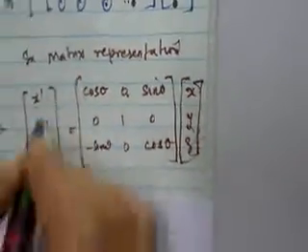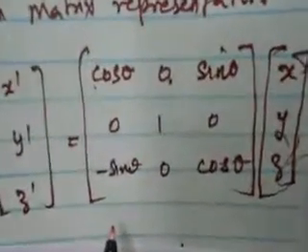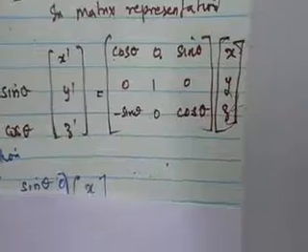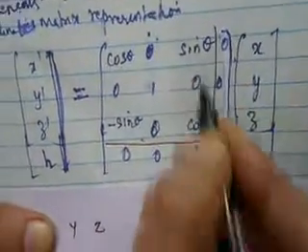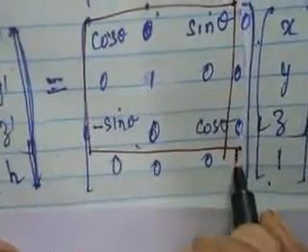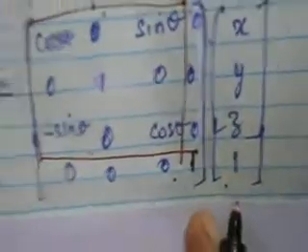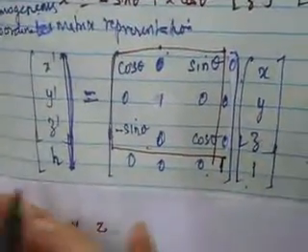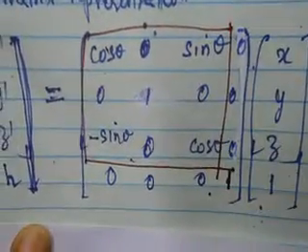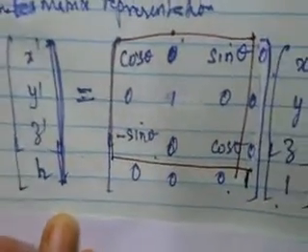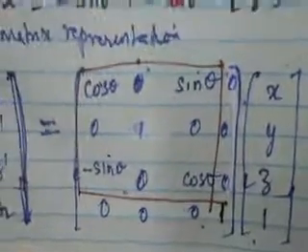So this is the way we have to represent the 3D matrix, and we have to convert the same into homogeneous coordinate matrix form. So we have written here as it is the three-dimensional matrix. Along with that we have added one more dimension here, the old coordinate x, y, z, 1. So this is the matrix representation for homogeneous coordinates for 3D rotation with respect to the y axis.